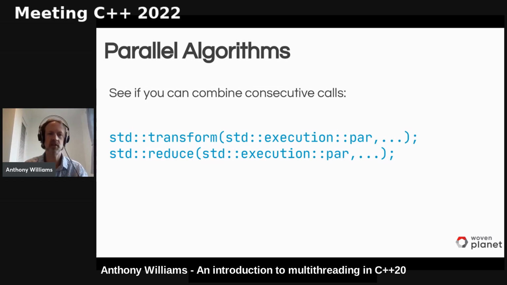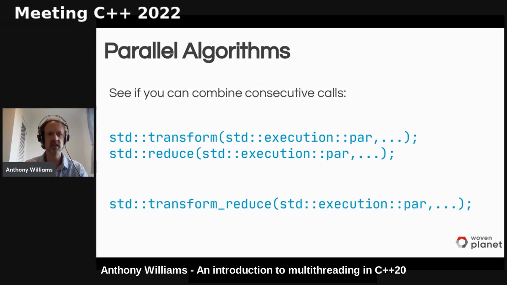Then we have a call to standard reduce, which again is parallelized, and again it farms out the data to the different threads that are going to run the parallel execution, and then it serializes them back again at the end. And that serialization in the middle reduces the parallelization capability. So if you can, you want to combine your consecutive calls. In this case, we have transform reduce as a combined algorithm